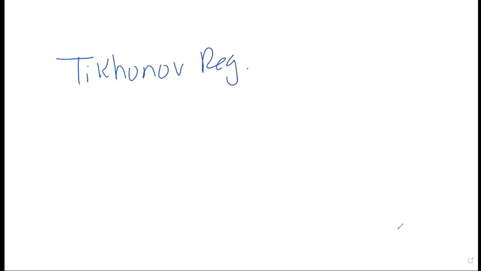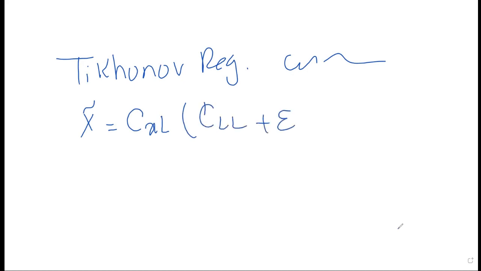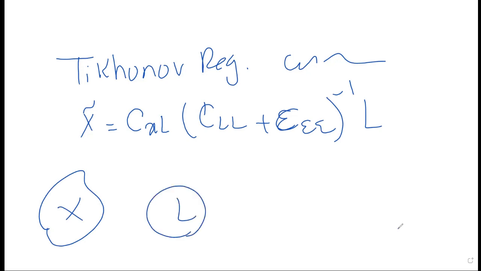Regularization and collocation. If you remember when we explained X gap based on the collocation, it was cross covariance, autocovariance plus error covariance function multiplied by n. That was the principle. And if you remember the spaces that I drew, X and L, I mentioned that this